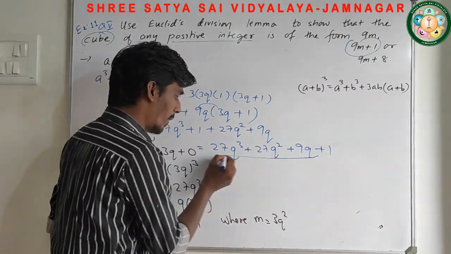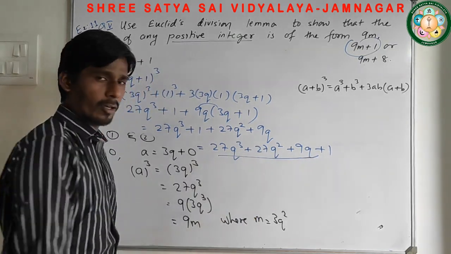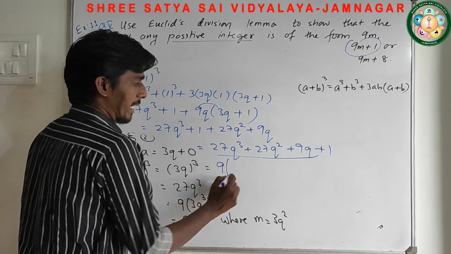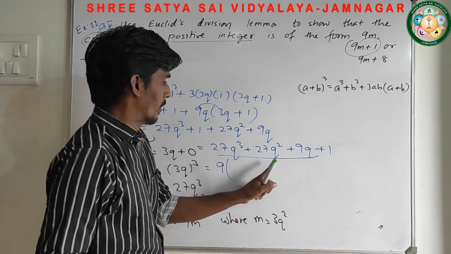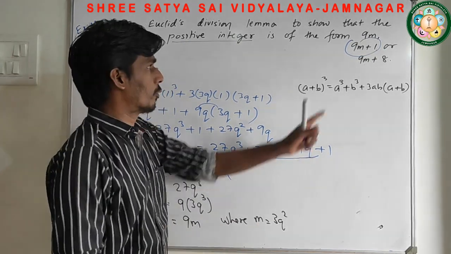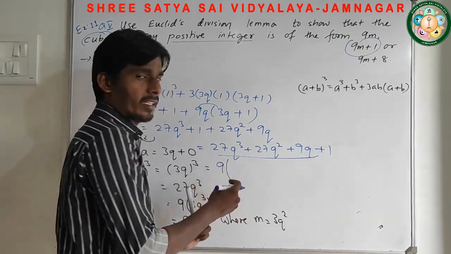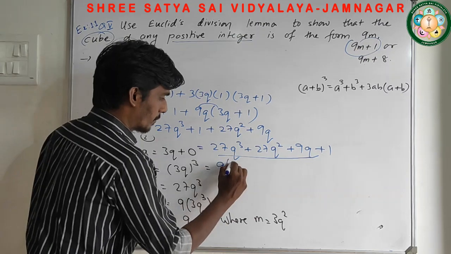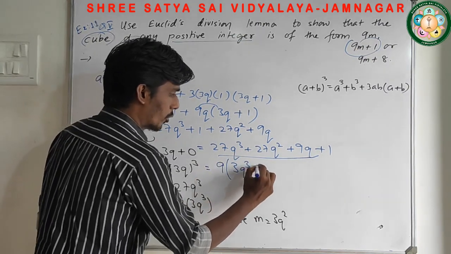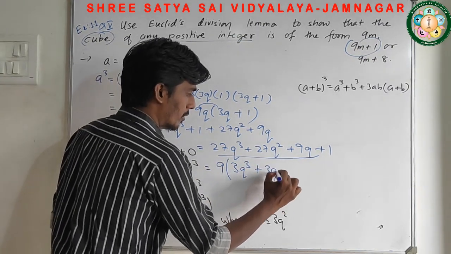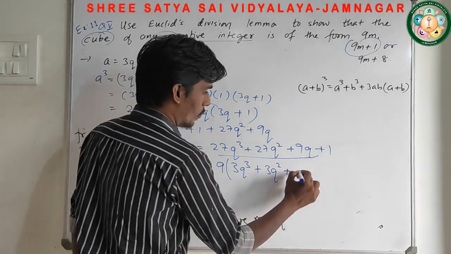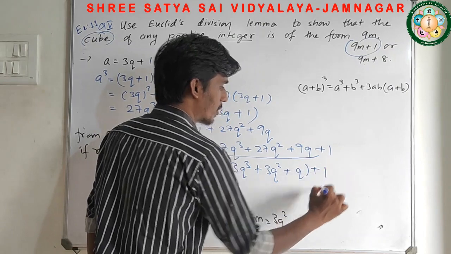Now what is the common in first three terms? पहले 3 term में common क्या है? Definitely 9 is common. Even I know q square and q is common, but to get into this form I am not going to take q as a common outside. So keep 9 as it is. So 9 3s are 27q cube, 9 3s are 27q square and plus 9 1s are plus 1.